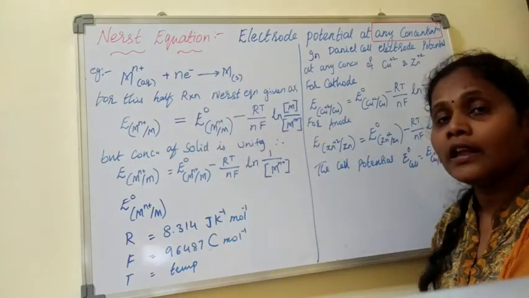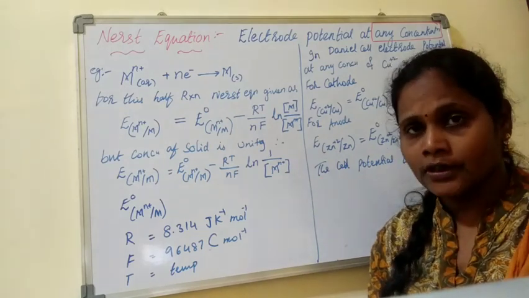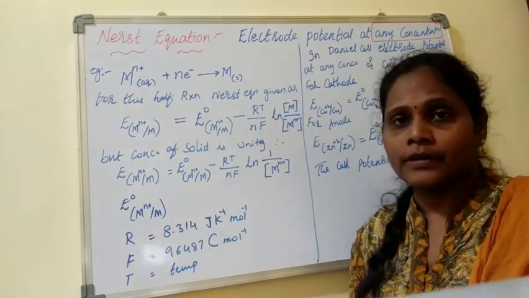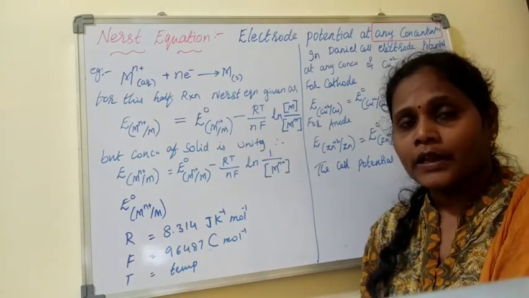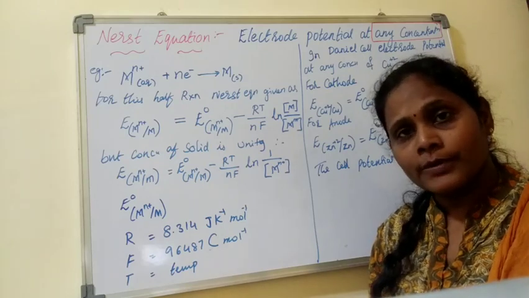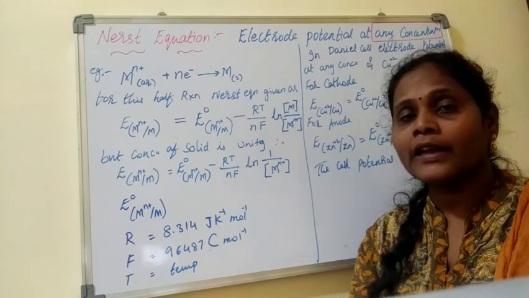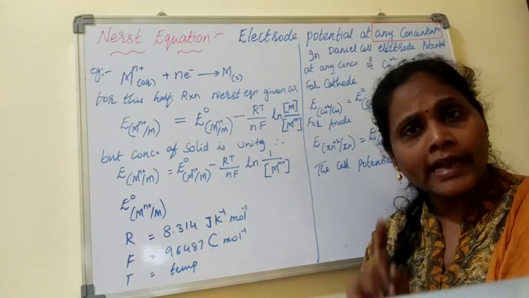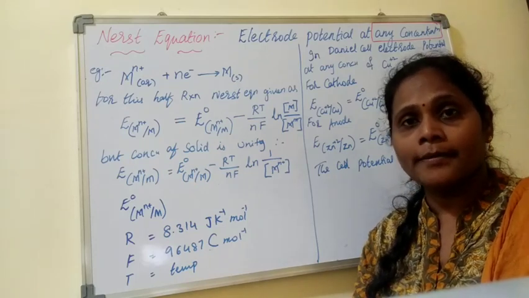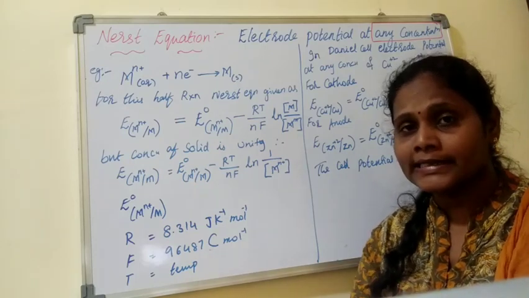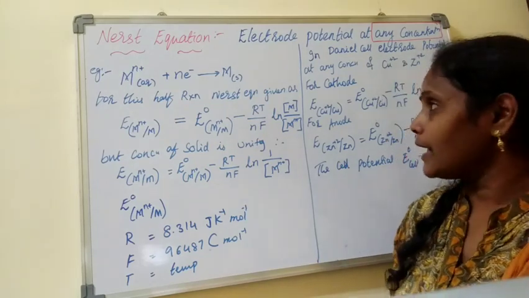Nernst has given a relationship between the electrode potential and the electrolyte concentration, known as the Nernst equation. So he has given an equation. With that equation, we can calculate E cell of an electrochemical cell at any different concentrations. Till now we have calculated only the standard E cell, or electromotive force, EMF. Right, how much electricity is generated in that electrochemical cell. Okay, let us derive the equation.